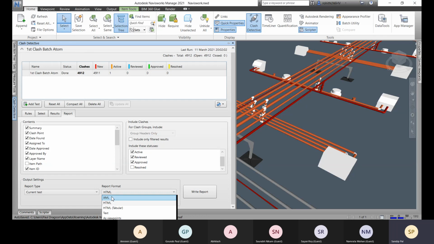And if you choose text format, all the information will be there, but the JPG file won't be there. The path for the JPG will be mentioned over there. And as viewpoints, you already know about viewpoints, right? So that's nothing new to you. You have already created viewpoints over there.